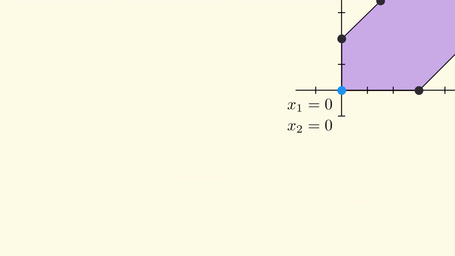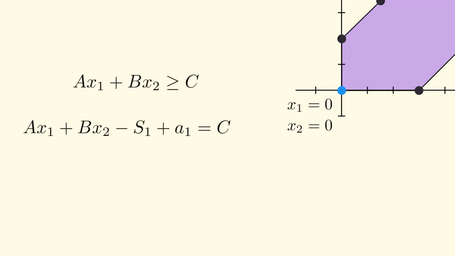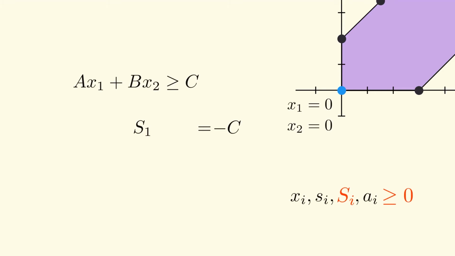It is also here that we understand why we add artificial variables and what they really are. You see, in greater than or equal to inequalities, the LHS is greater than or equal to the RHS. So it makes sense to subtract something from the LHS, but not really to add. But since the algorithm starts at the origin, this would require the surplus variables to be negative. But in the simplex method, all variables must be greater than or equal to 0. So for the sake of consistency at the start of the algorithm, we add artificial variables to these equations.